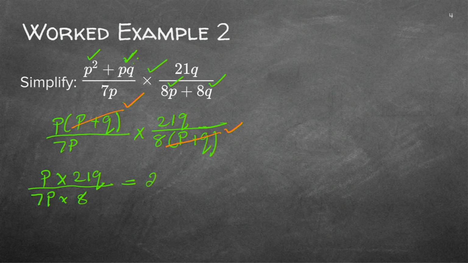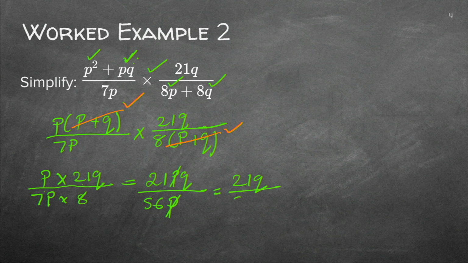So now you have 21pq divided by, so you need to have your 7 times 8 first. So 7 times 8 gives you 56. So 56 what? 56p. And still you are not done, because you need to find values that, okay, we still have p there, so we cancel p and you're left with